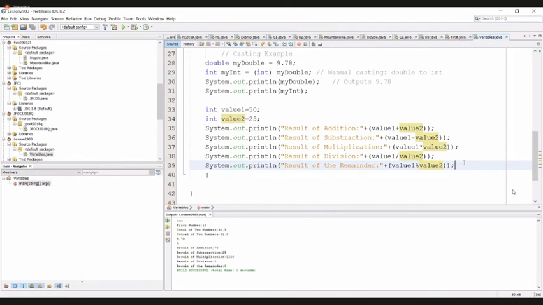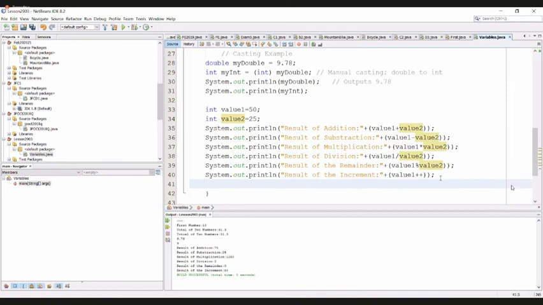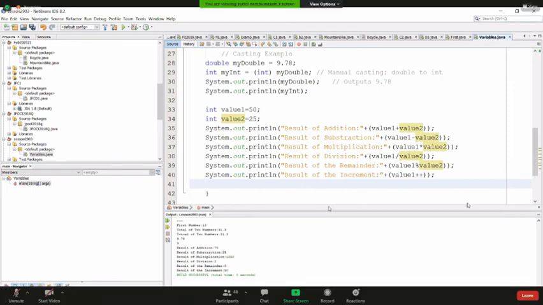After that, you can see this is coming under result of the increment. I have used value1++. Now this ++ is coming after the variable's name, so to get the incremented value, I have to use another statement.